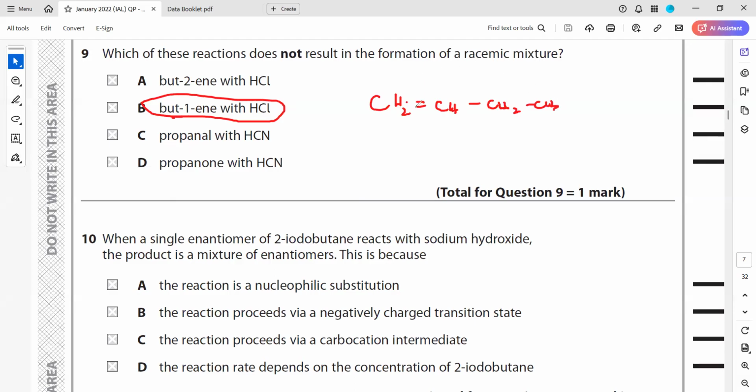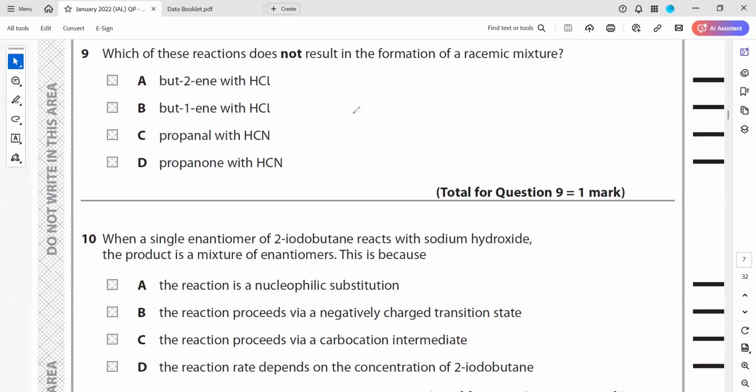and HCl is added, the double bond will break. On one side hydrogen will be added, on the other side chlorine will be added. So again, the same possibility: it might rotate light clockwise or anti-clockwise. In an addition reaction, both possibilities are there. But when we have